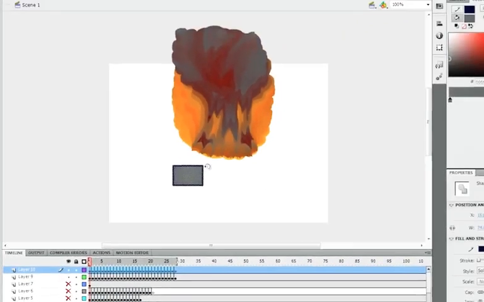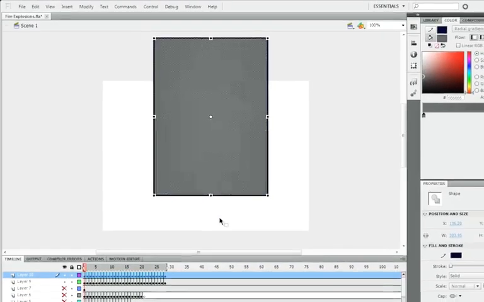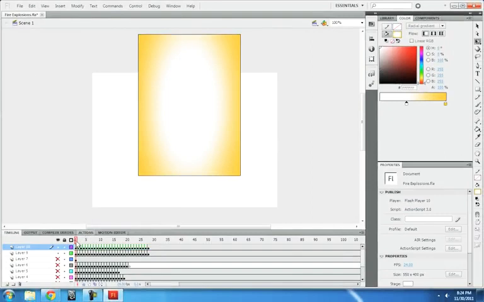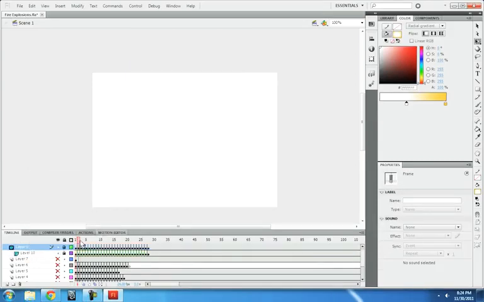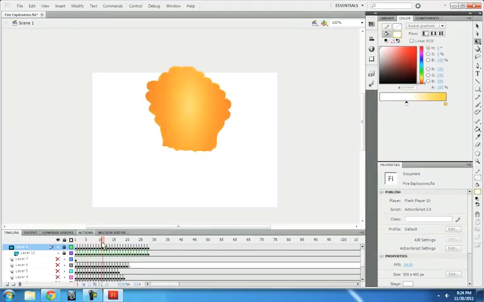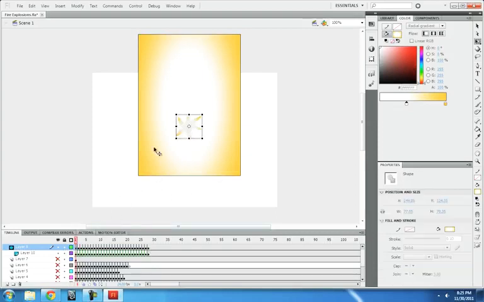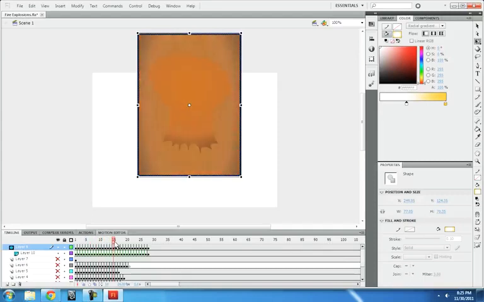So if we select all of these and then scale them to fit that, I'm not sure that would look very good, but let's see. If we turn this into a mask, reverse that. It looks about the same, but yeah, if you don't understand what's going on, it's taking the top layer and using it as a guide for what to cut out of the bottom layer. So we could have just done that,